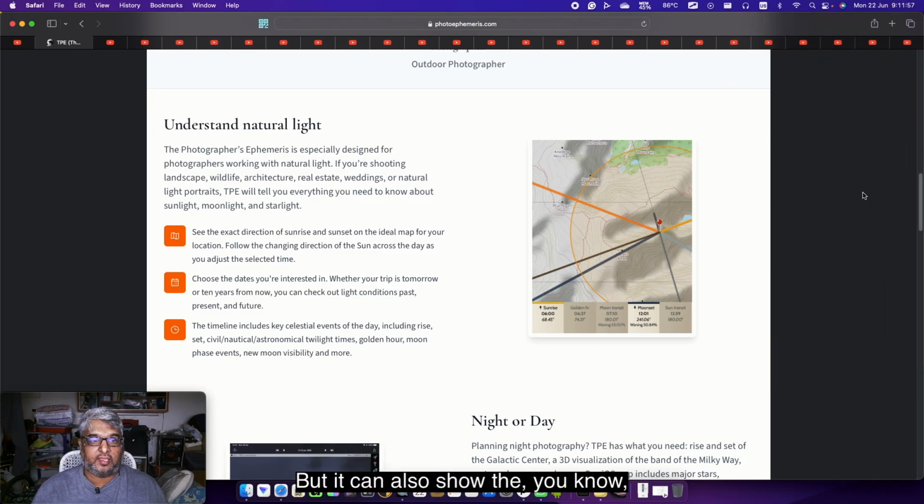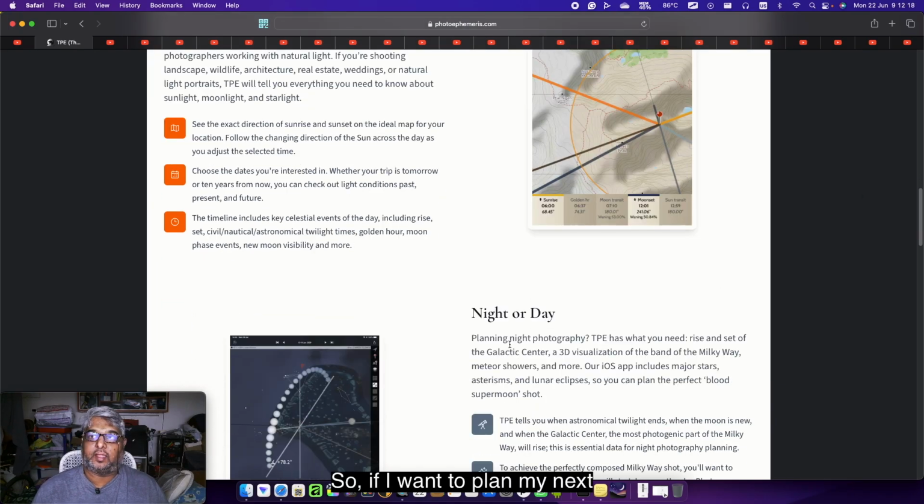But it can also show the sunrise, sunset, moonrise, moonset, and all that could be shown to you for any particular date in the calendar. Okay, it can show you that. That's why it's special. So if I want to plan my next schedule of filmmaking shoot is on September, I